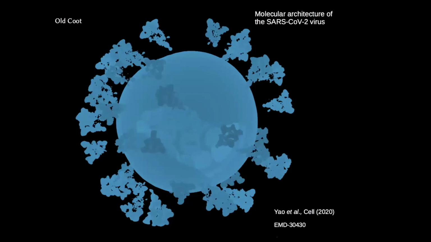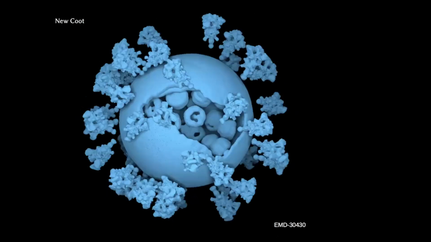Again, this is an ex-colleague of mine from Oxford, who's moved back to China, who published this subtomogram average, the molecular architecture of the SARS-CoV-2 virus. And this is how it looks in old Coot. If we look at this in new Coot without any change, just read it in, it looks like this, which is a considerable improvement